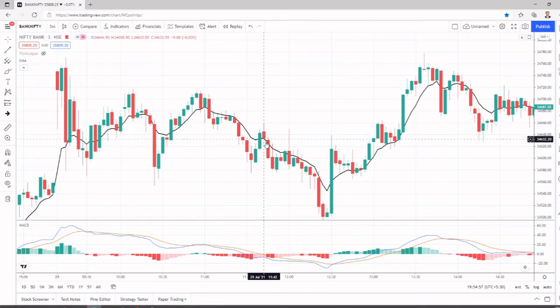Now this can be shorted because MACD is below 10 and it is closing below 9. So it can be shorted, or you can short the next candle. We'll see what the size is here. Yeah, it is a small candle. You can short here, no issues. As soon as the price goes up and starts falling, you can short here, and once the candle closes, book the profit of around 20 points. Book it.